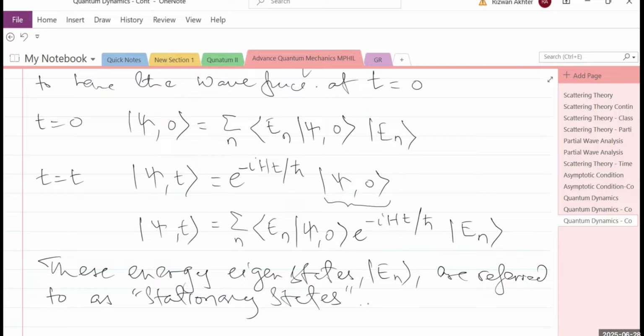In some other arrangement, picture or paradigm, you could think of the state function as not a function of time and the observables as functions of time. Such a paradigm is known as the Heisenberg paradigm or Heisenberg picture. And so we need to derive the Heisenberg equation of motion in the next